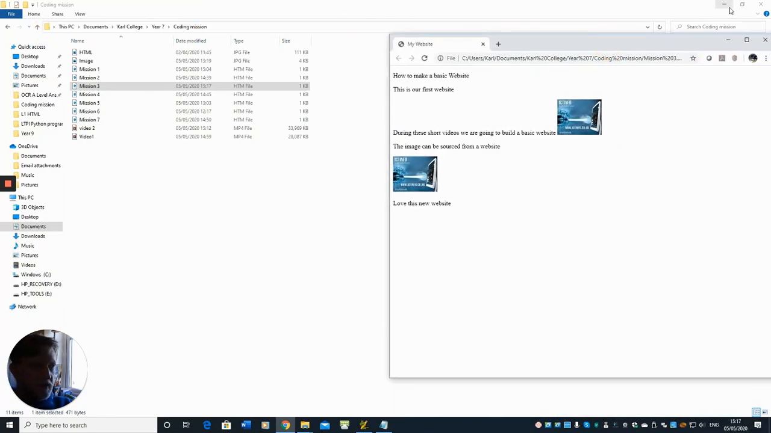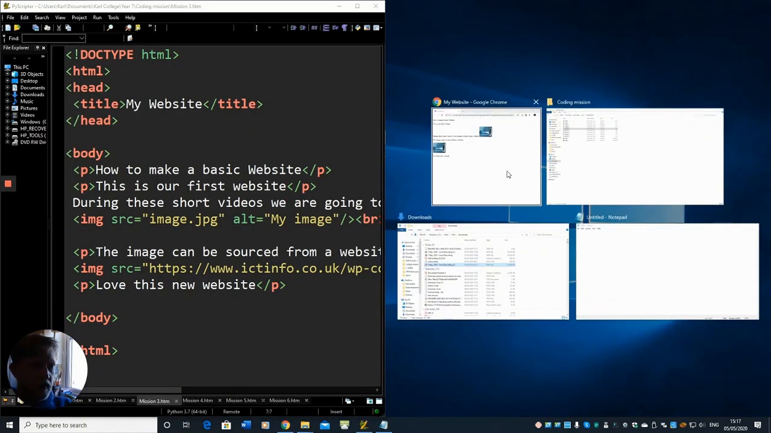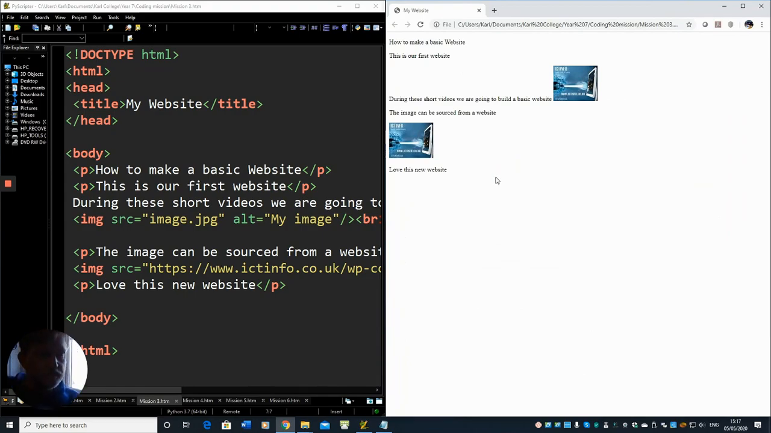So what I'm going to do is minimize that, drag that over to one side, and put the Chrome window on there. Okay, let's have a look at what we've got. So we take it from the top. We've got the title, my website, yeah, that's the same. We've got a little bit of text here. Okay, we've got an image,